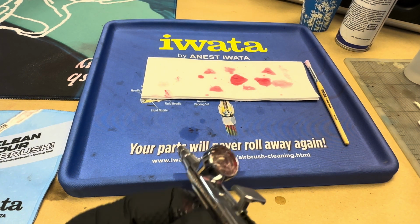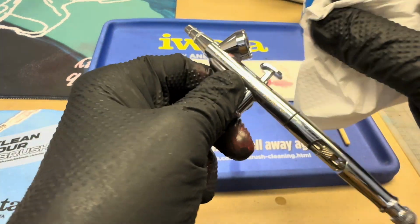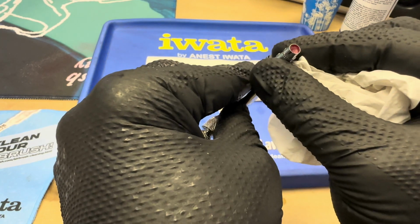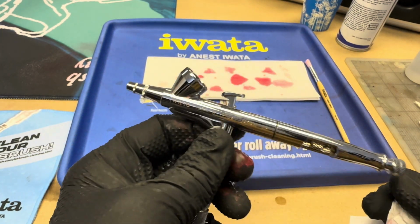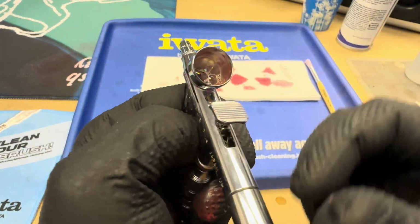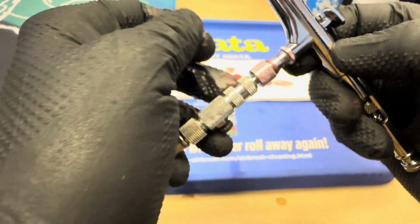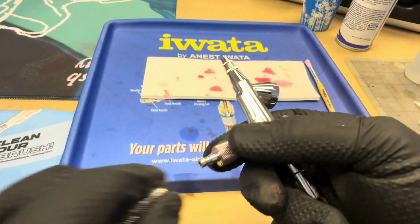Now, depending on how thorough you've been, this will be varying degrees of clear, but what we'll do is get those covered in the next stages. So we've cleared through as much of the paint as we're going to on this stage. It's essentially, we've done a colour change clean. I'm now going to take the air supply away,